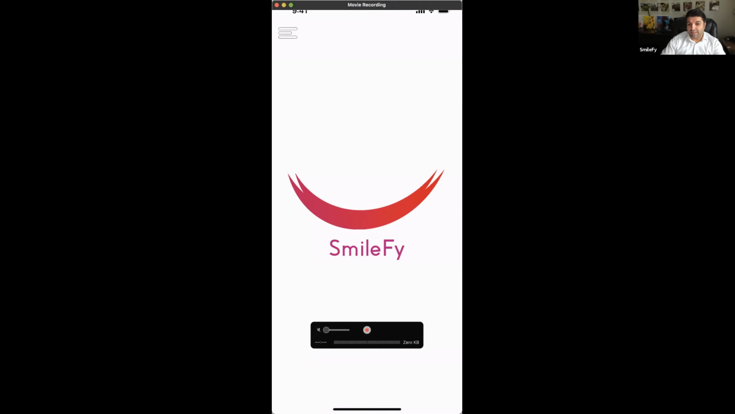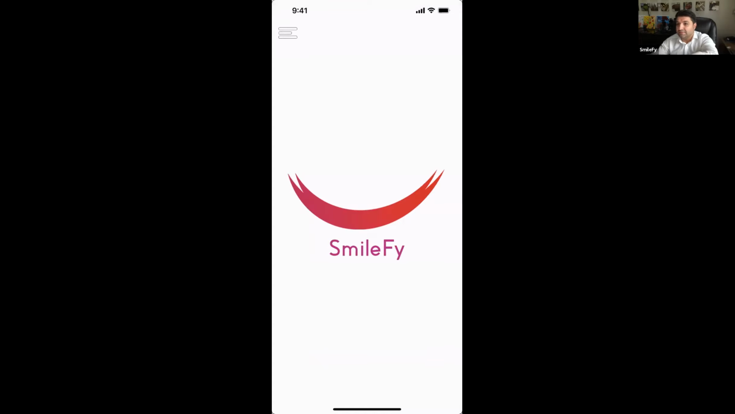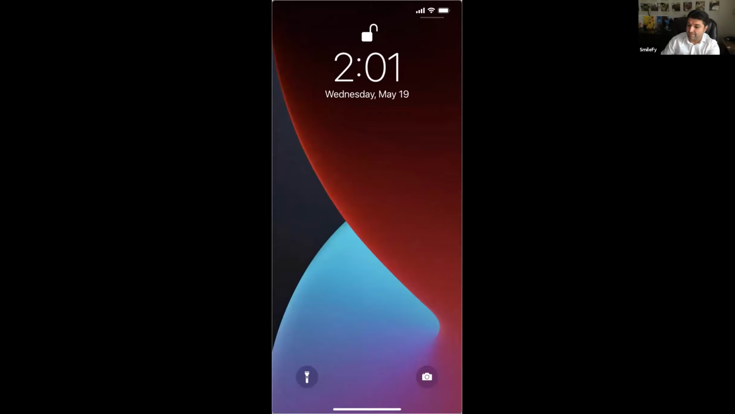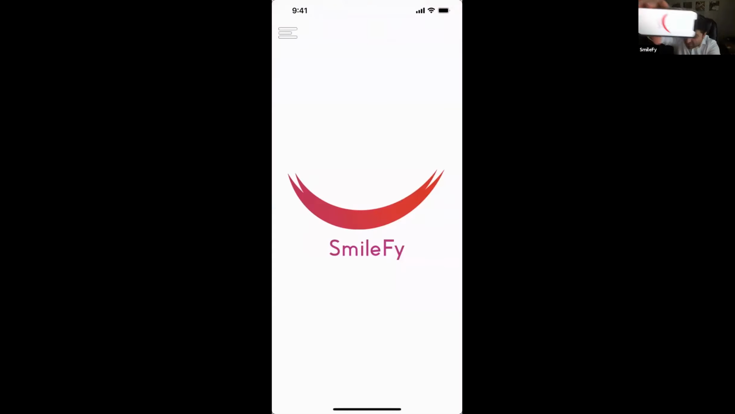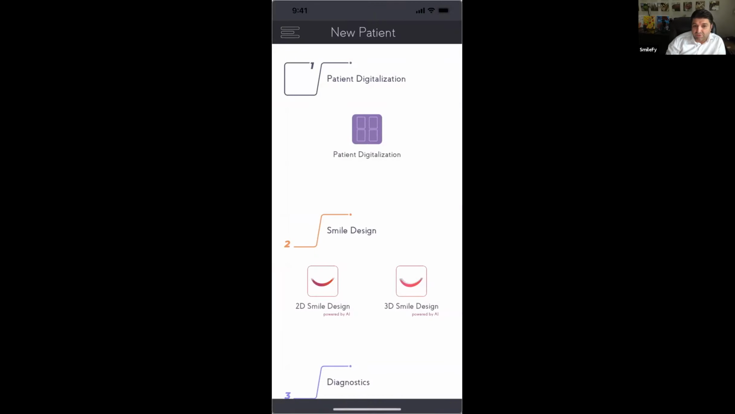So what you see here is our SmileFy app, and the SmileFy app is on the iPhone, right? Here we go, on the iPhone. Until now, we used the iPhone to create the 2D smile design and to motivate the patient. So I'm going to use a pen. But now we can go a little bit further and bring everything to a new